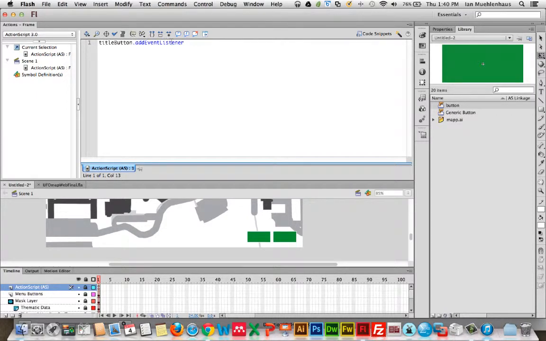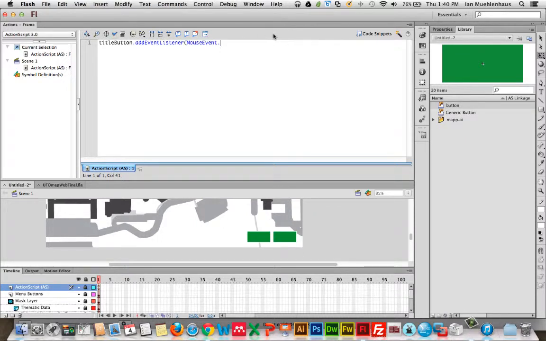So object, what we're doing to the object, and then this is some weird nomenclature, but once you get it down, it's pretty straightforward. What we're going to do is write parentheses, and then we have to know what type of interaction or event Flash is supposed to be listening for. Well, in this case, it's a mouse event. And then we'll hit period again. What type of mouse event? Well, it's actually going to be, let's see,